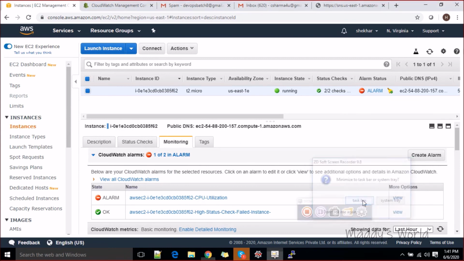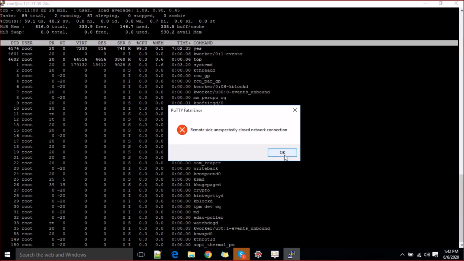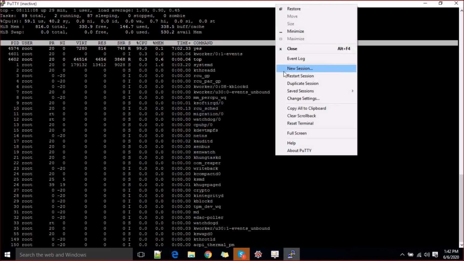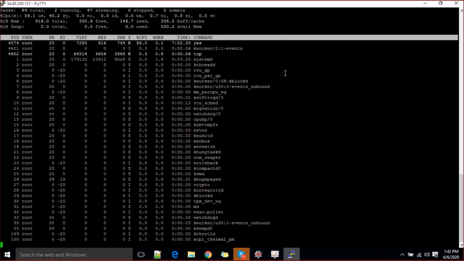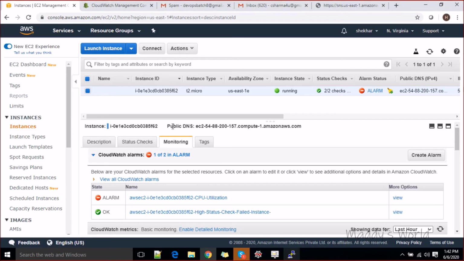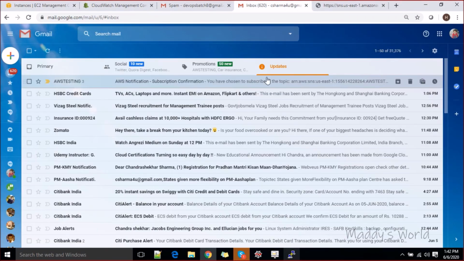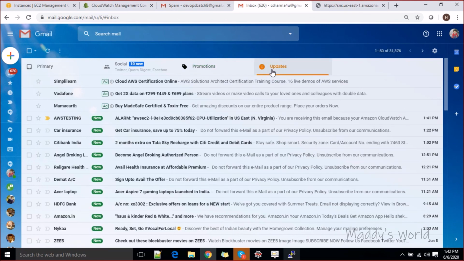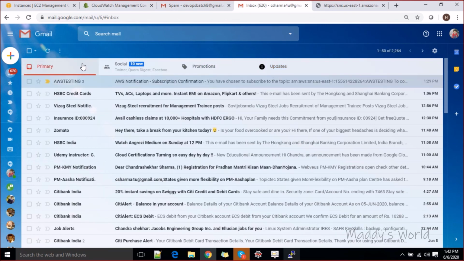Alright, now you can see guys, within 5 minutes it showed that the continuous CPU utilization was beyond the threshold we have specified. So it has triggered one alarm, and it has rebooted your instance too. So let's see. First we see the uptime of the instance. The instance is still not up, it has been rebooted. So let's go to email and see if it has triggered any alerts in my mail. I think it came in Primary itself.